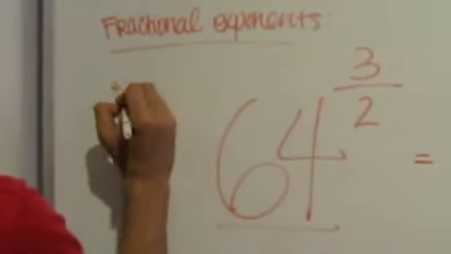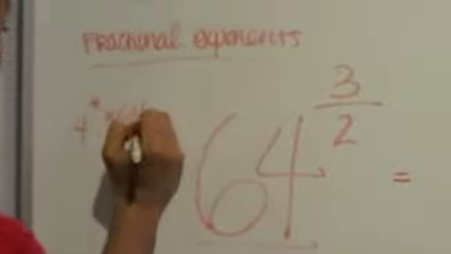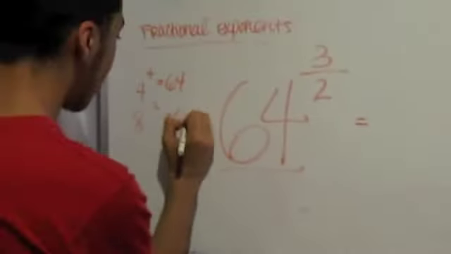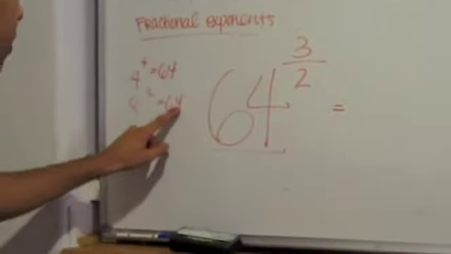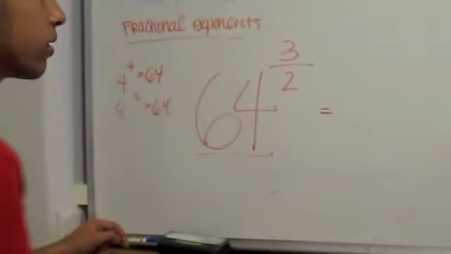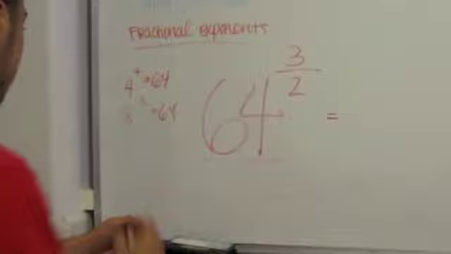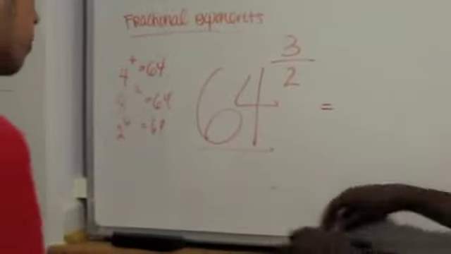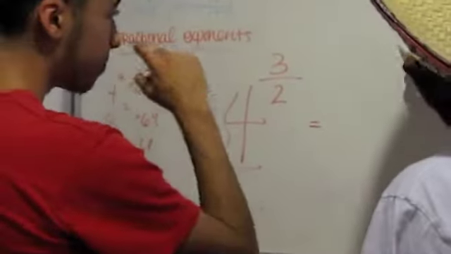So what could I rewrite 64 as? Well, there's 4 to the 3rd, that is 64. There is 8 squared, that is 64. There's many things you could do. It doesn't matter, okay? Because you're going to pick 8 squared. Why 8 squared? Well,